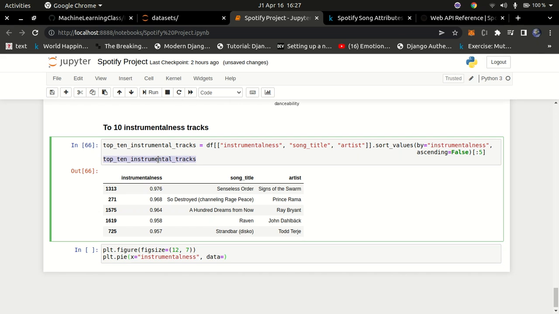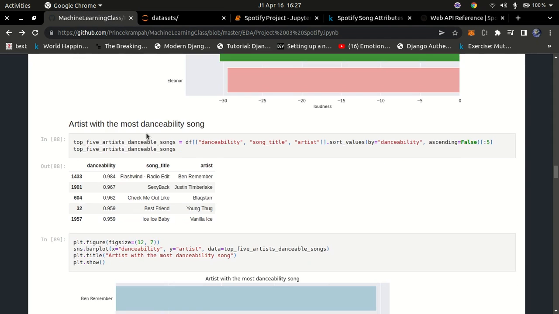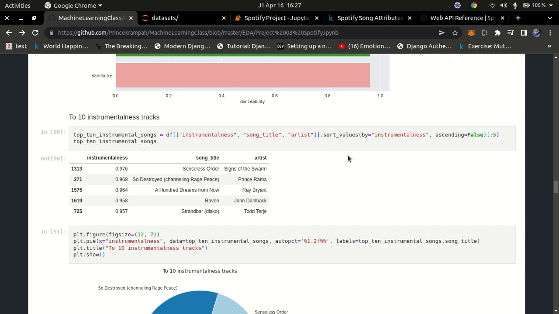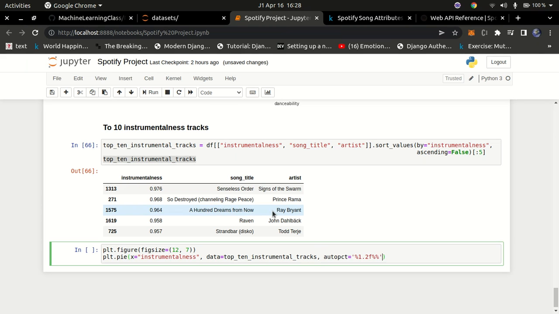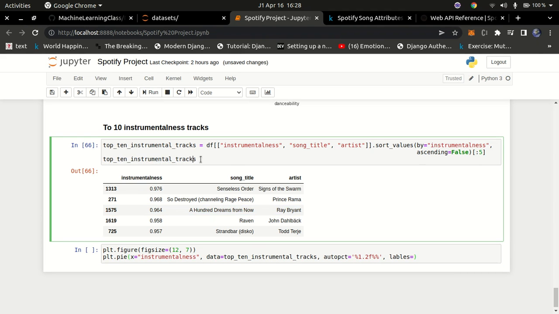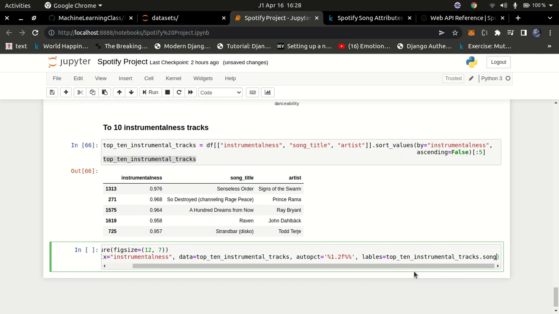I'm going to copy this data frame and simply paste it here. And yeah, we can also specify other factors. I don't have this memorized in my head, so I'm just going to get it from here, copy this and use it here. This is going to put the values that we have in here. Then you're going to specify the labels, and the labels are going to be this data frame, the labels dot songs. So I'm going to copy this and paste it here, dot song underscore